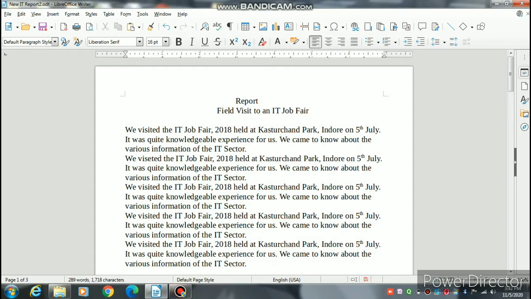Let's learn about checking spelling and grammar. While writing a report on paper, sometimes we may not remember the spelling of some words. In this situation, we refer to the books or confirm the spelling from teachers or parents. Also, while word processing a document, we may commit spelling mistakes. In such cases, the writer helps us to correct the spelling.